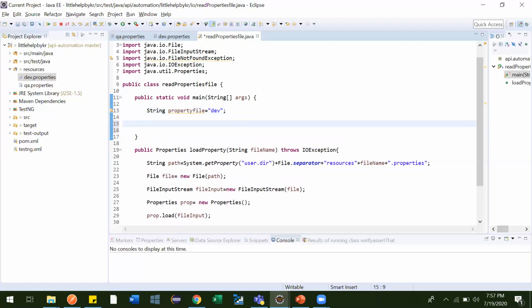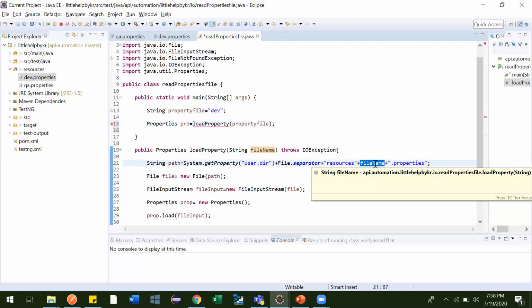So this method we will be using, and it is returning properties, right? Properties pro is equal to this method we can call, along with this file name. So this is the file name we are providing, and this file name will go over and set it over here. So if it is dev, then dev dot properties. If it is qa, then qa dot properties.